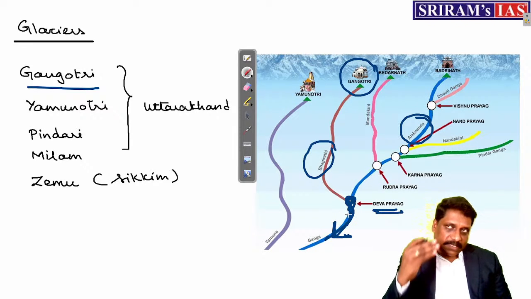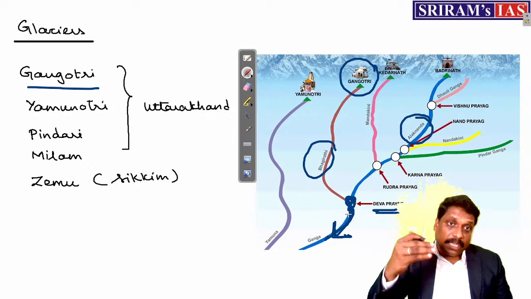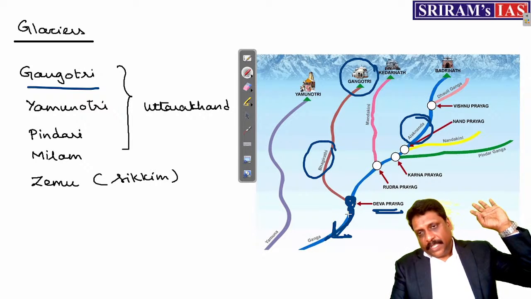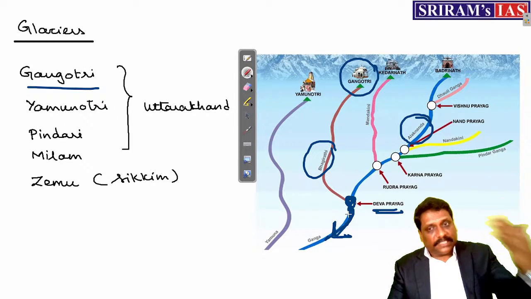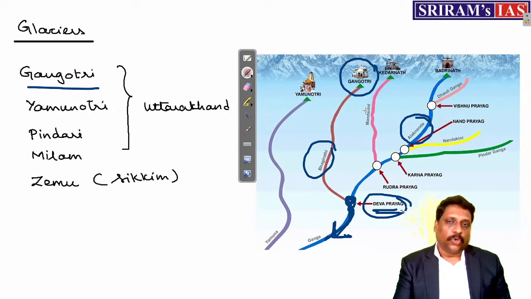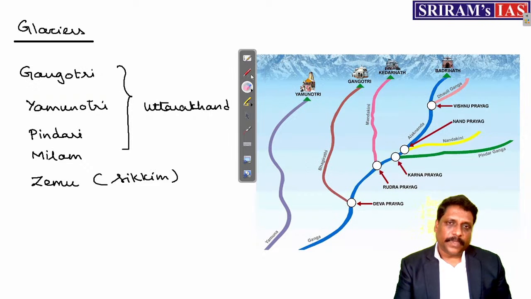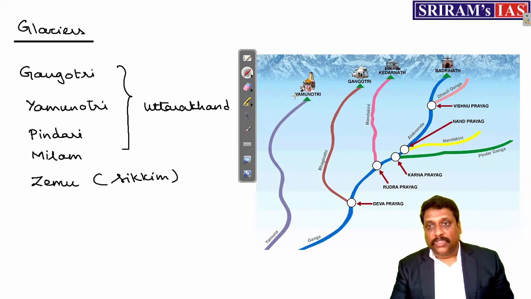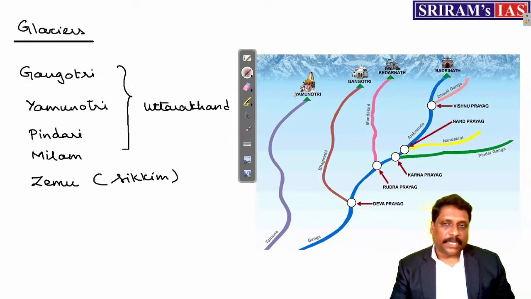Ganga. So where exactly Ganga as a river starts, if you see Ganga's origin, no doubt Gangotri. But where this river Ganga starts as Ganga, if you ask me, it is at Dev Prayag, not at Gangotri. Point to be remembered. And my dear friends, Uttarakhand is called as a land of Pancha Prayag. 5 Prayags we have. Vishnu Prayag, Nand Prayag, Karna Prayag, Rudra Prayag and Deva Prayag. These are the 5 Prayags what we have.